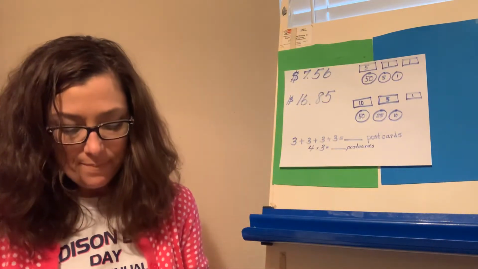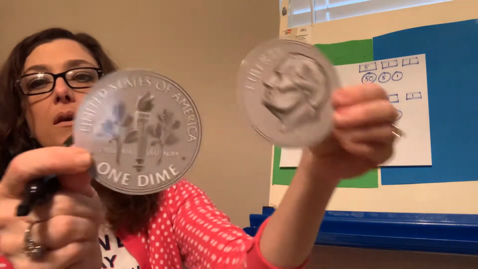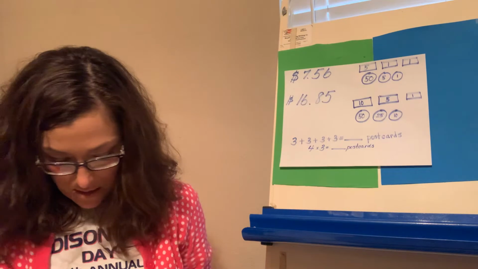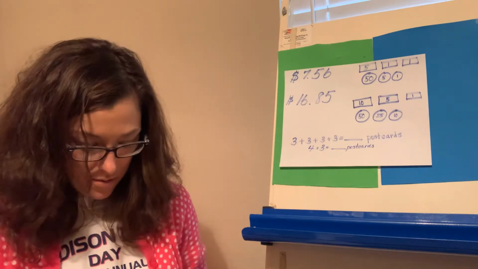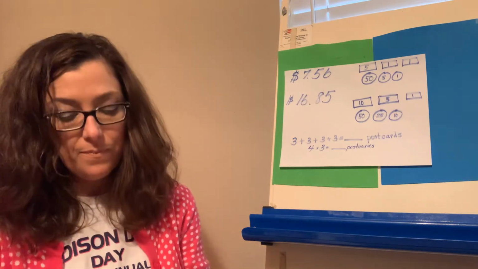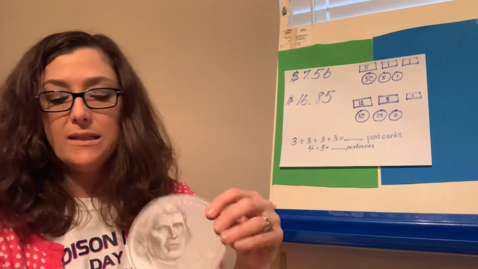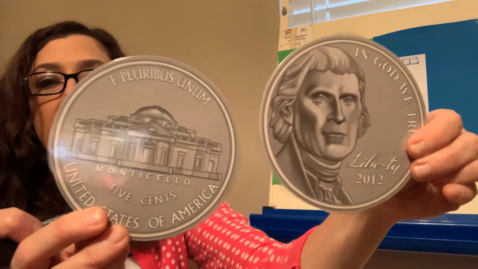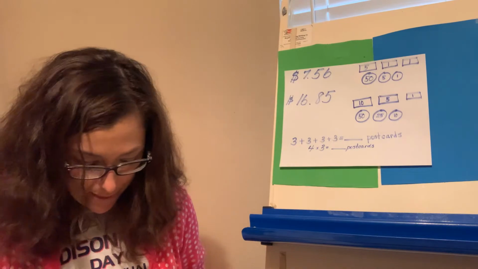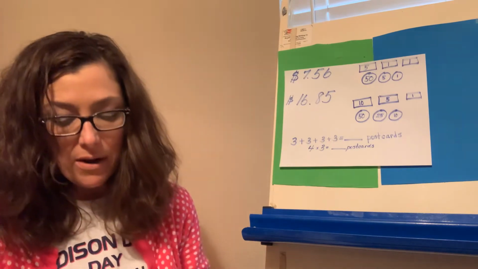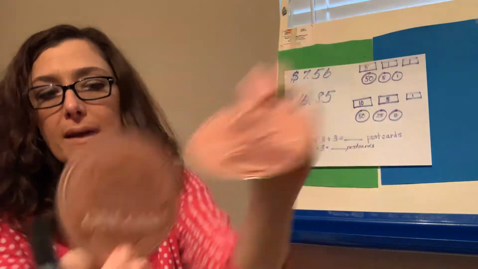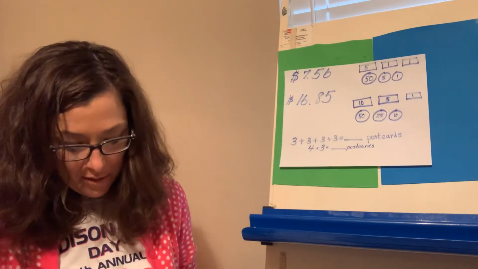Next, the dime, 10 cents. Then we have our nickel, Thomas Jefferson's face, 5 cents. And last, we learned about the penny, Abraham Lincoln, 1 cent. Okay, so in this problem,